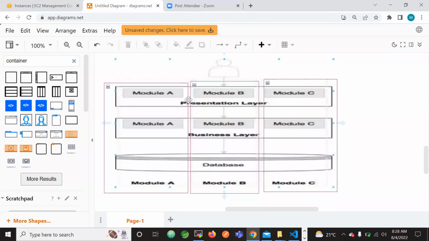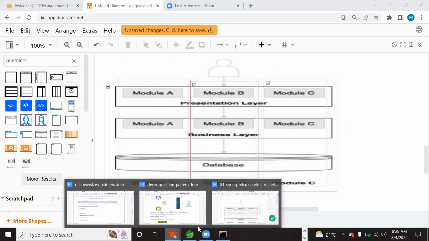When we vertically slice this down, we get the microservices, meaning this outer box you consider as an application which contains only the source code related to module A, and module A has its own database. Similarly, module B and module C. Correct? So this is how we got the microservices. When we vertically slice down the huge monolithic application, we get the microservices.